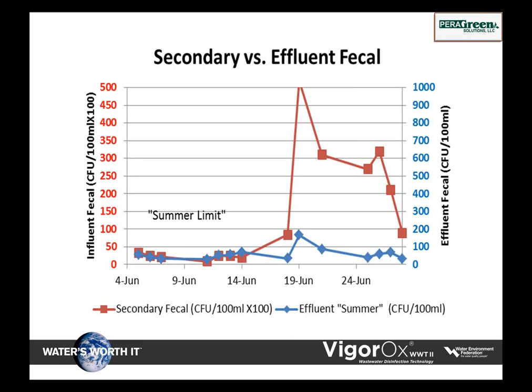Now, I want to let everyone know the dosage we're feeding here, with 2,000 to 9,000 CFUs per 100 mils coming out of the secondary, is 0.75 parts per million of PAA active. That's all. We never changed the dosage during this burp, and you can see on the right-hand side, we met the 200 limit for the summer levels. So at this point, that shows the forgiveness of the product without having to change dosages. Chlorine, you'd probably have to start changing dosages to get the same impact.